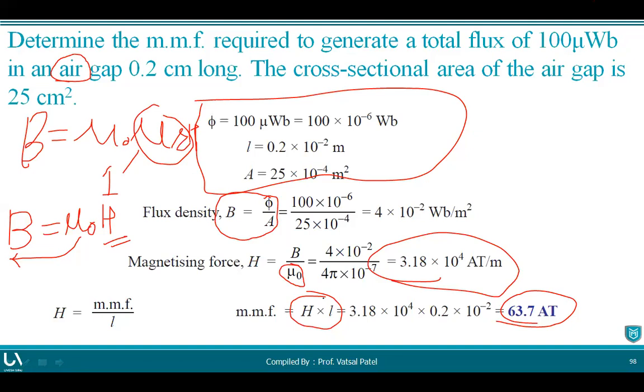So now if we go ahead with your next example: a cast steel electromagnet has an air gap length of 3 mm and an iron path length of 40 mm. So you can see that the electromagnet uses cast steel iron material here, right? The iron core path length is given, around 40 centimeter, and the air gap length, which is in between here, is 3 mm. So we have to identify the number of ampere turn necessary.